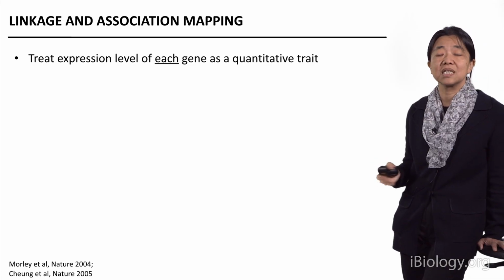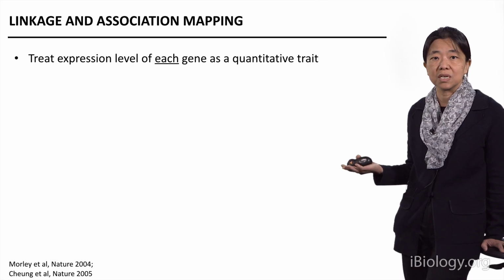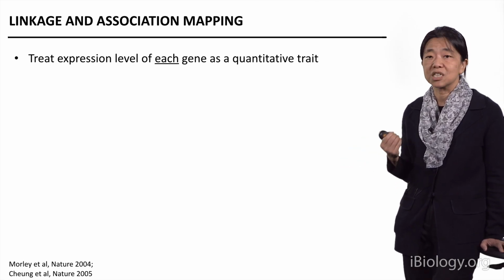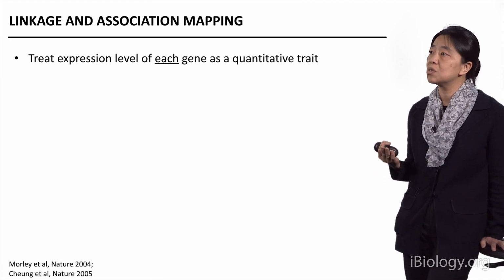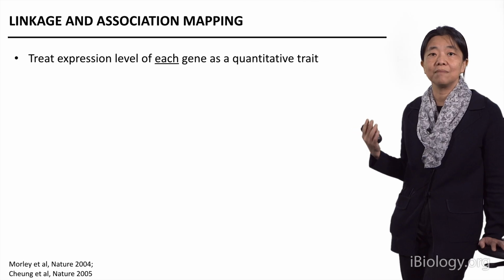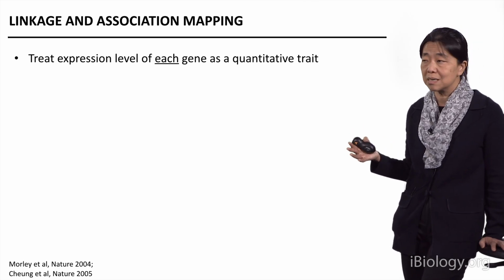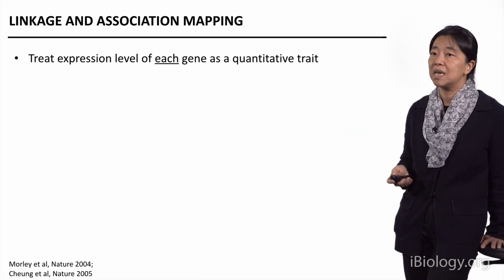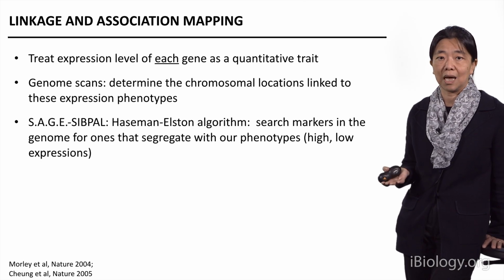So we did this systematically for all the genes whose expression level we're interested in. So let me walk you through what we do. We treat the expression level of each gene as a quantitative phenotype. So we identify families and measure the expression level from all members of those families. We then treat them as a quantitative phenotype and put them first through a genetic linkage analysis.